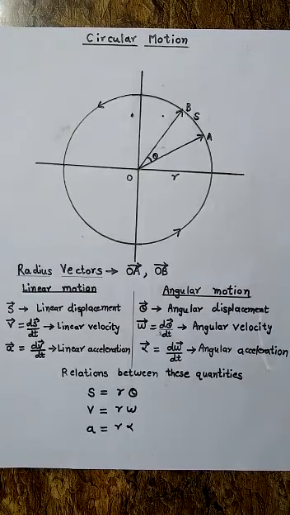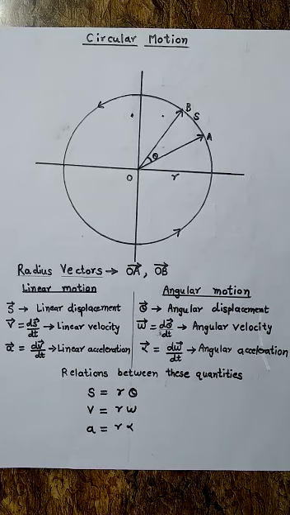Hello students, in 12th standard for physics section 1, the first chapter is rotational equilibrium. In this chapter, we are going to study two types of motions. First is circular motion and second is rotational motion. Now let us first study circular motion.